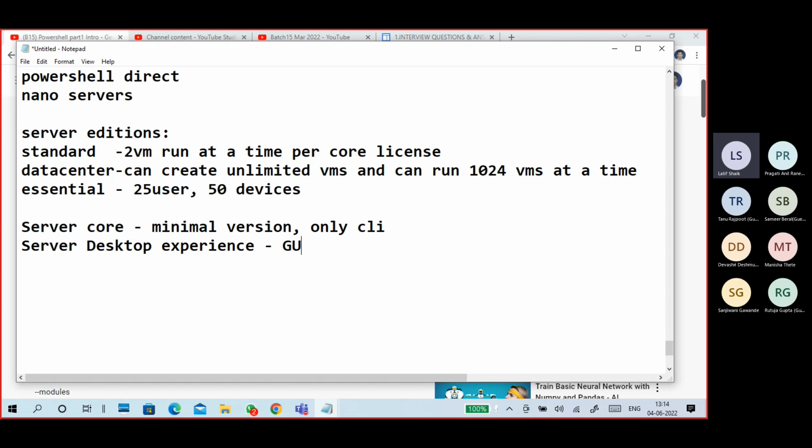Desktop Experience means GUI screen. Nano: no CLI, no GUI, only a very basic user interface.